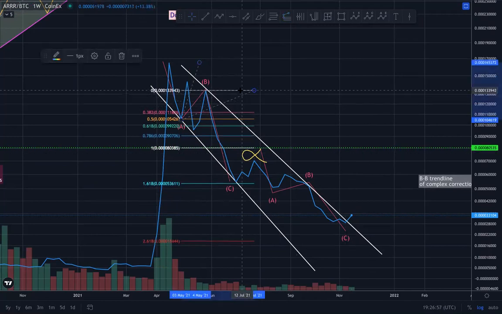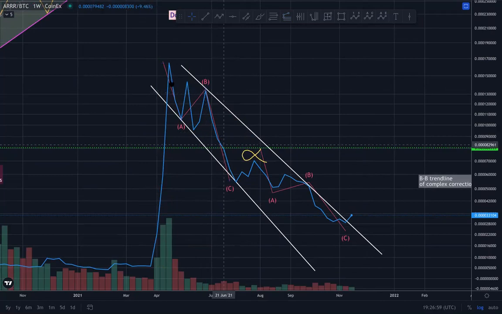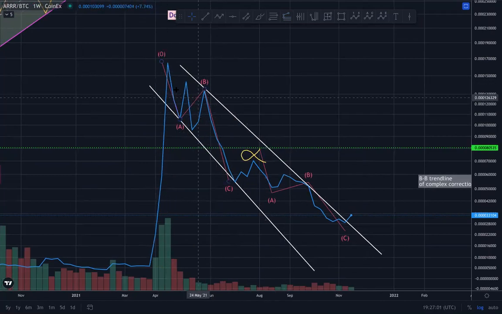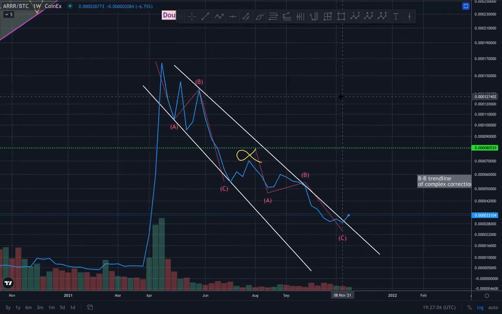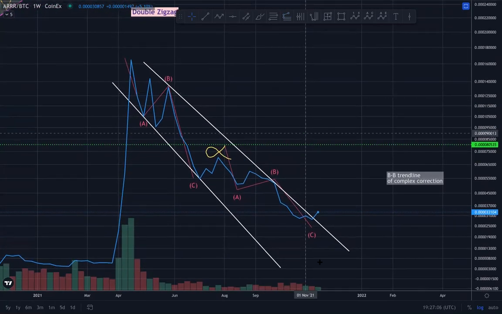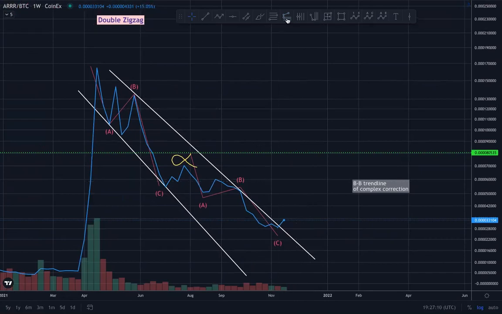The C wave extending the A wave. I mean, relating to the A wave. All right, so there you go. There is a theory for a double zigzag on Pirate Chain saying that we're ending it here. So what does that mean? Well,